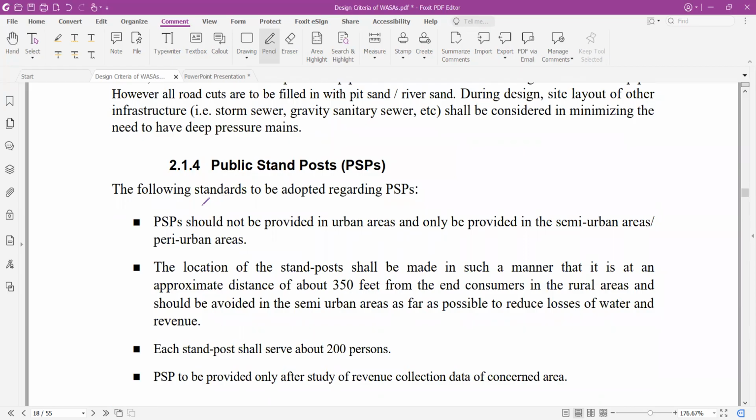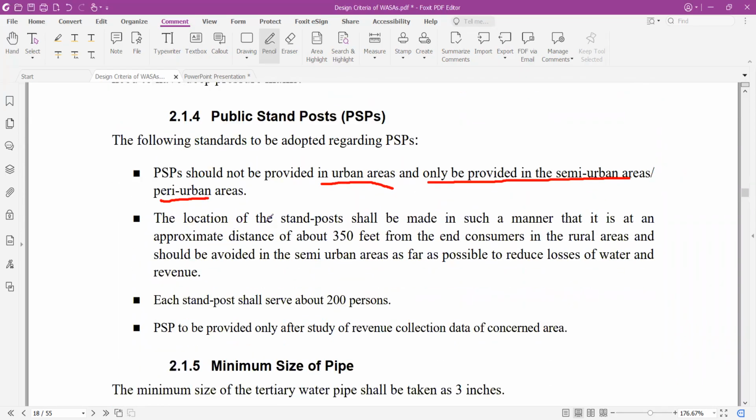PSPs, the public stand posts, should not be provided in urban areas. In urban areas, the water supply network is mostly provided only in CB urban areas and peri-urban areas. The location of a stand post shall be made in such a way, approximately, for a community in